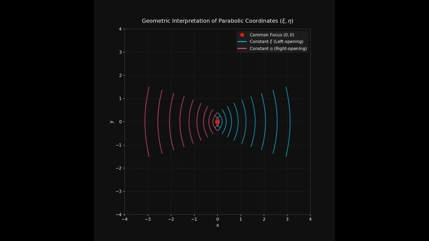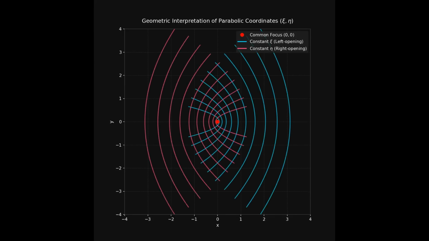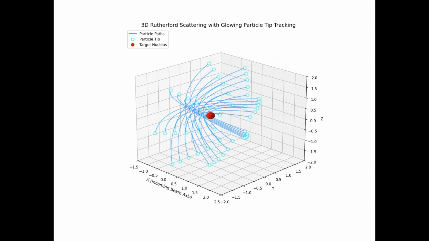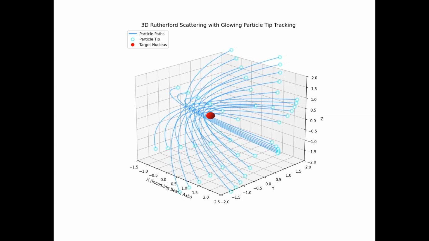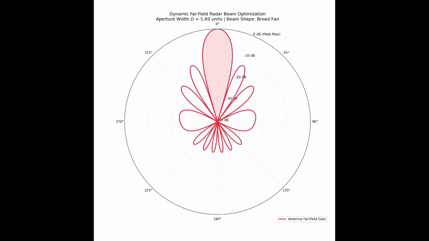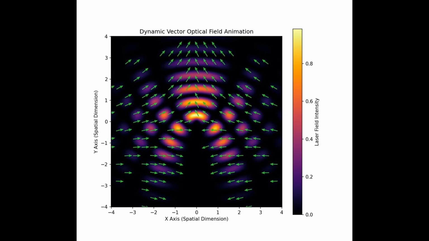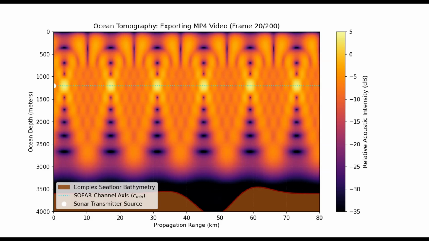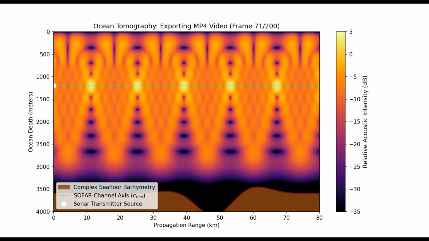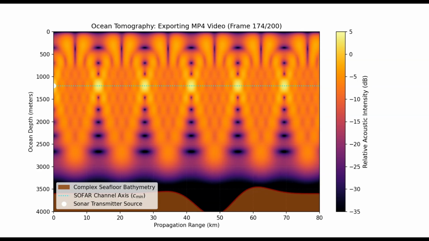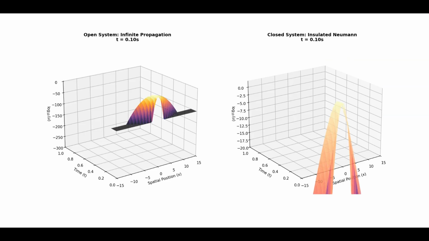The study of parabolic coordinates represents a sophisticated intersection of geometric theory, computational modeling, and physical reality. These systems are defined by families of interlocking curves that share a single central focus. The primary appeal of this framework lies in its orthogonality, a property ensuring that coordinate lines always intersect at perfect right angles. This geometric secret sauce simplifies complex physical equations, allowing researchers to break down multidimensional problems into independent, manageable